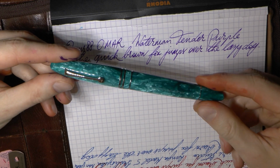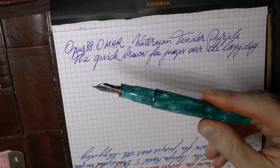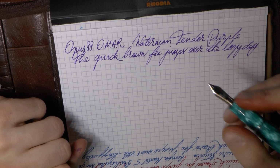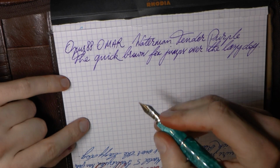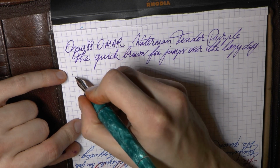So here we have this pen, the Leonardo Furore Grande. Yes, I have finally managed to learn how to pronounce it properly, and so far I've been able to say it properly, so let's see if I can keep that up. Here we have